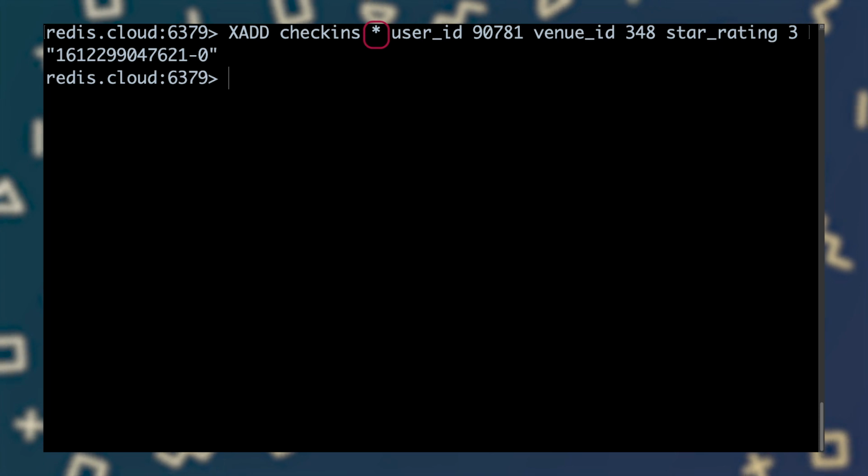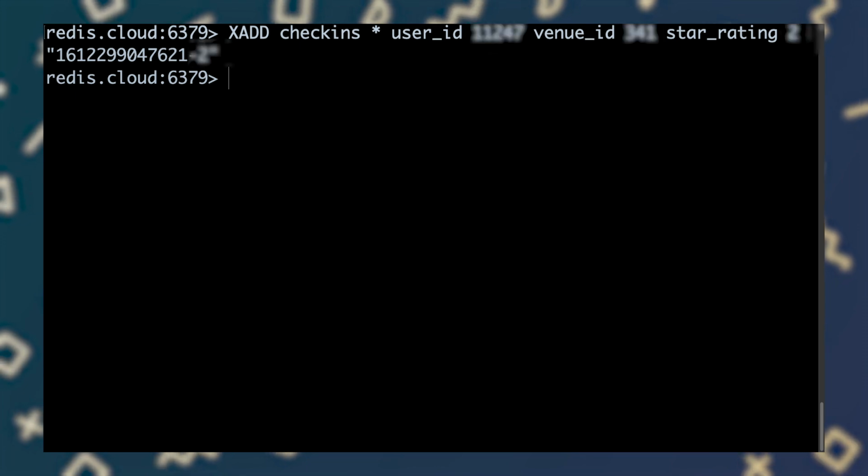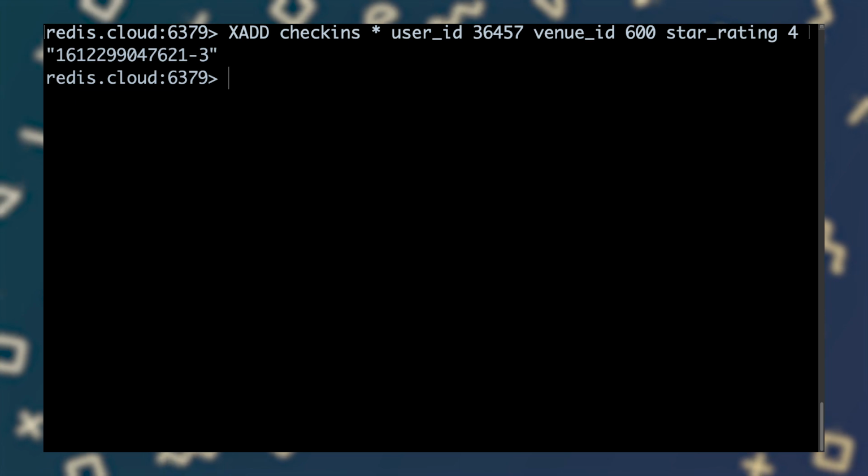The asterisk in the xadd command tells Redis to assign this entry a unique ID consisting of the current timestamp plus a sequence number. Xadd returns the ID that Redis has assigned to the new entry. The first part is the timestamp in milliseconds, and the second is a sequence number. Since stream IDs must be unique, this convention ensures that we can add as many entries as we need in the same millisecond.